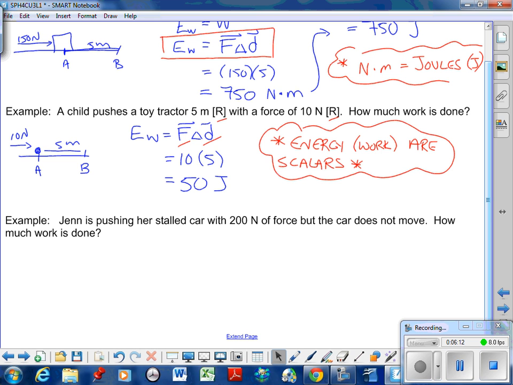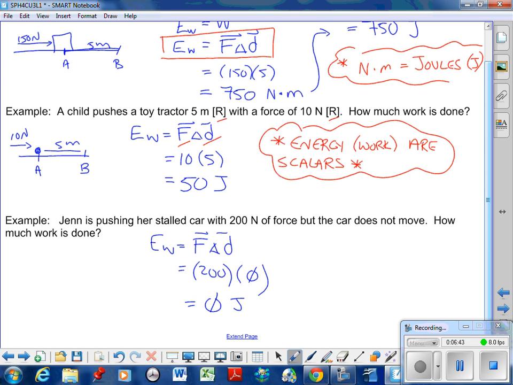Now, the last one, I'm going to call it a trick question, but this is a valid question because it tests one of our 3 conditions for work. Jen's pushing her stalled car with 200 newtons of force. Car doesn't move. How much work is done? So, according to our formula, work equals force times displacement, 200 newtons. Car is not moving, so mathematically, the displacement is 0